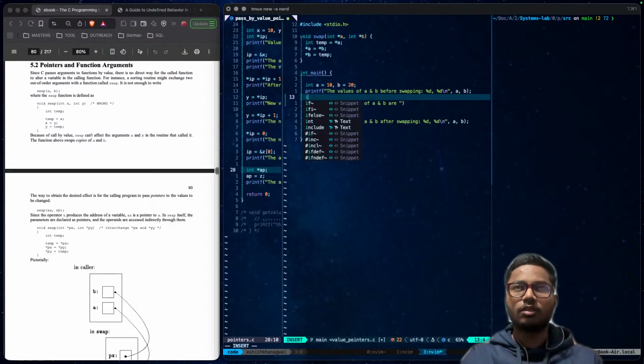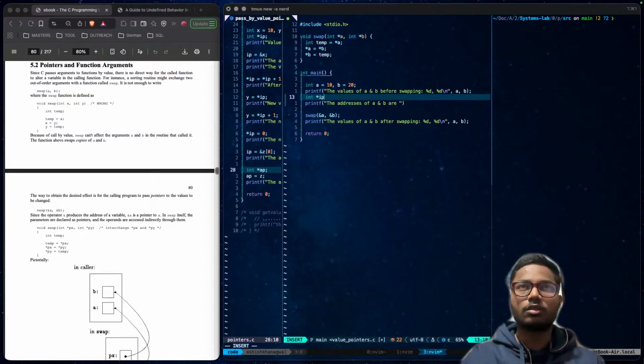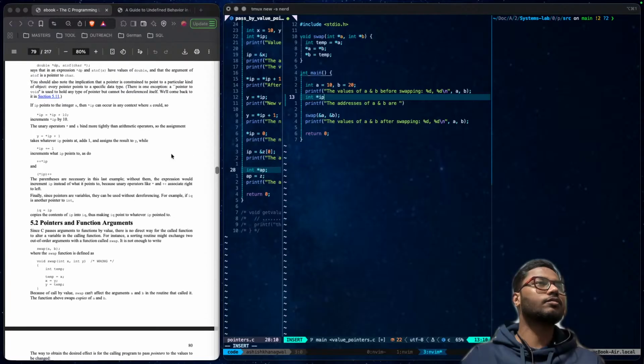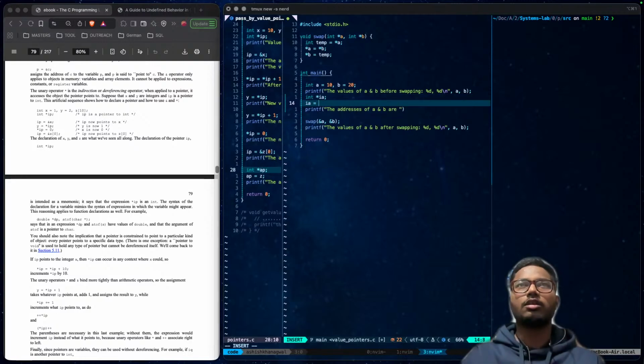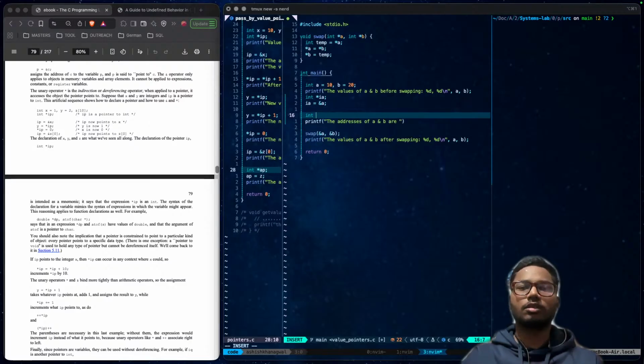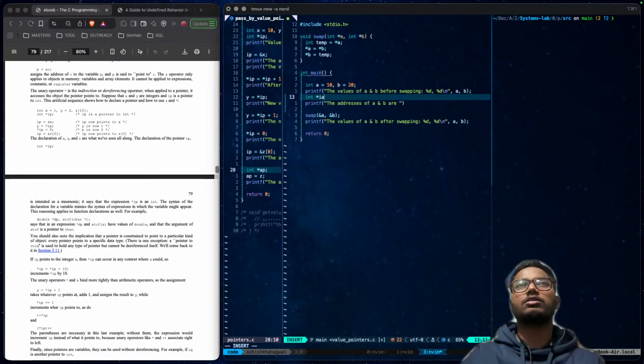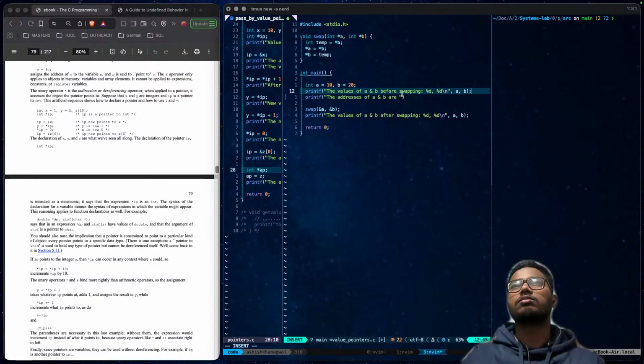If we say *ip, this is what we are doing, right? We don't have to assign a pointer.